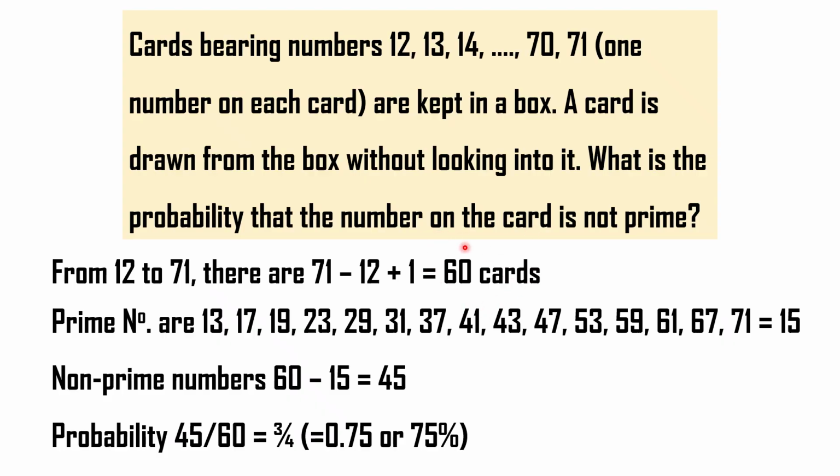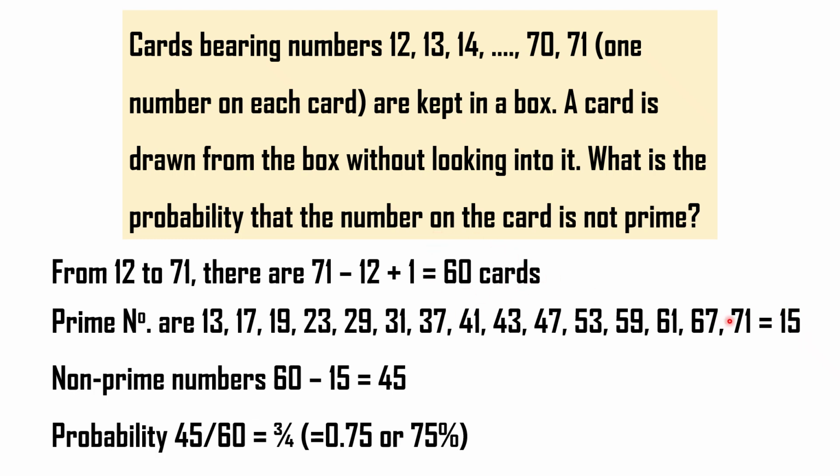How many cards are there? 60 cards. 1 to 71 is 71, but 1 to 11 you do not have. That means 11 cards you don't have. So 71 minus 11, 60 cards. তাহলে টোটাল 60 cards. এবার প্রাইম নাম্বার মানে মৌলিক সংখ্যা। What are the prime numbers? 12 থেকে 71 এর মধ্যে কি কি আছে? মৌলিক সংখ্যা। So 13, 17, 19, 23, total there are 15 prime numbers, 15টা মৌলিক সংখ্যা আছে।